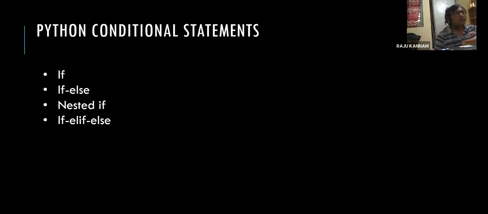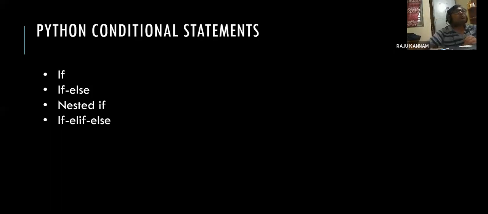So that means this is one kind of condition. That means we are going to take a decision. Here the decision is whether we are going to turn on or turn off the light. That depends upon the switch status. If the switch is on, we will turn on the light. If the switch is off, we will turn off the light. So first we need to check the status of the switch. Based on that, we have to take the decision so that the light can be turned on or off.